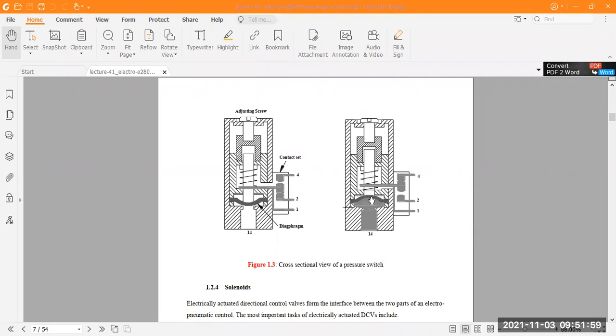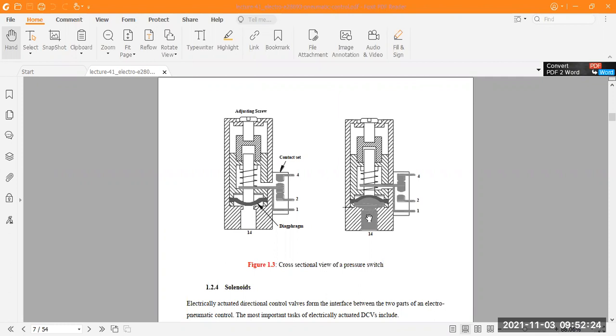Here the spring is also tight, hardened, because at that time no pressure is coming. That is the maximum position, the maximum load or pressure we have to measure at that time. So these are the basic working functions of the pressure switches.